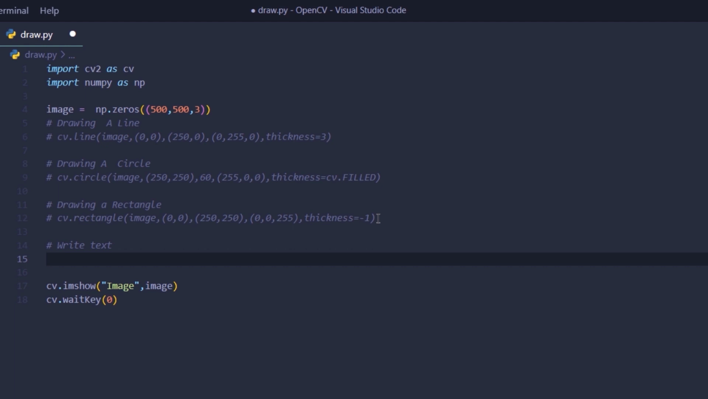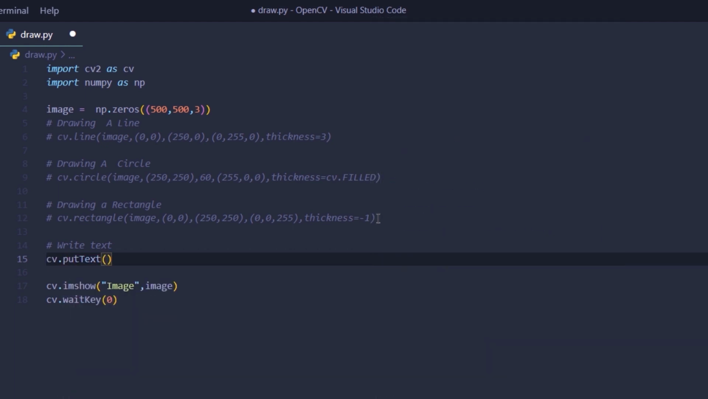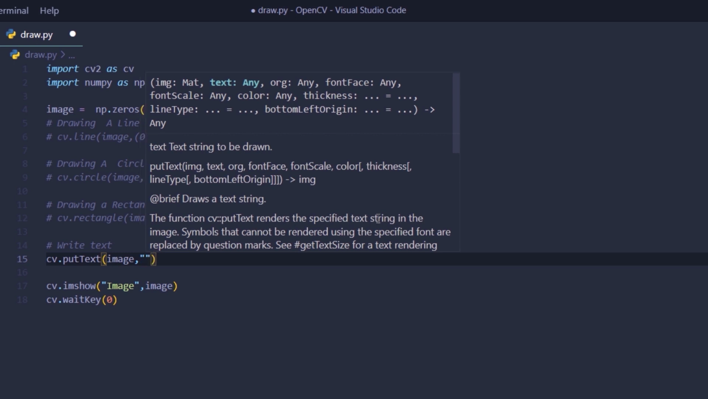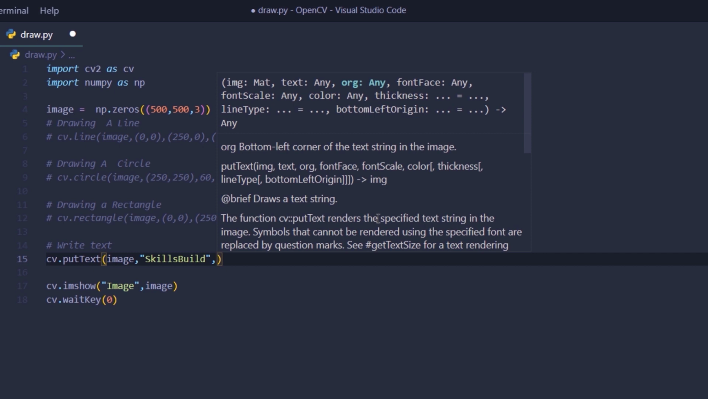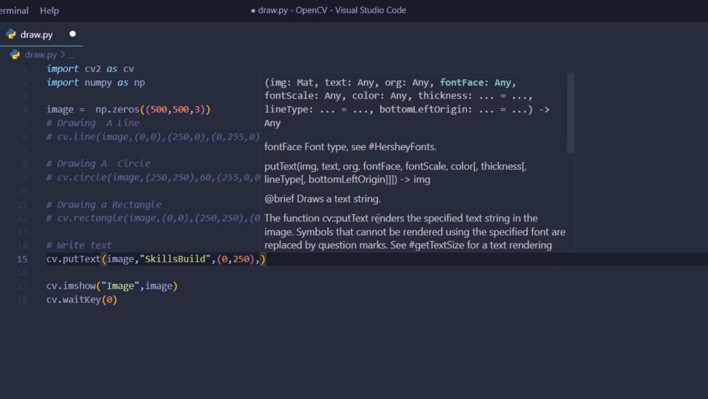And the very common, or I should say the very basic one, is using the putText function. Now this function takes in about 7 arguments. The first is the source image, and the second argument is your actual text. So I can type in skills build, and then the next argument is actually the origin or the starting point of the text. So I'm going to start this at 0 and at 250, and then we have the font